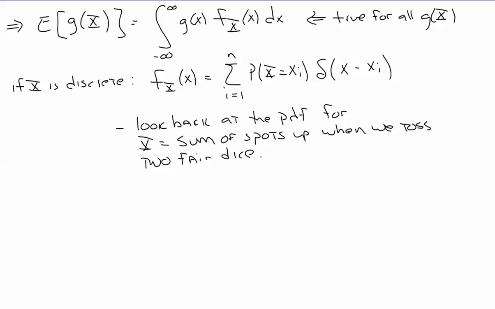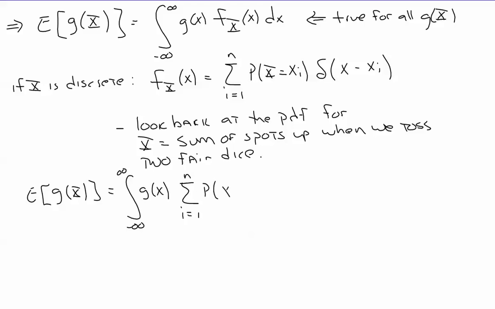All right. So if we plug my probability density function for my discrete random variable back into my general relationship at the top of the page, we get this. That reduces to